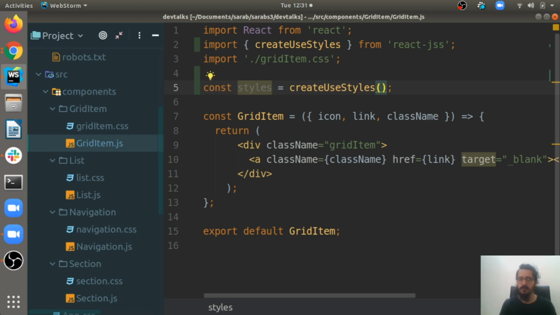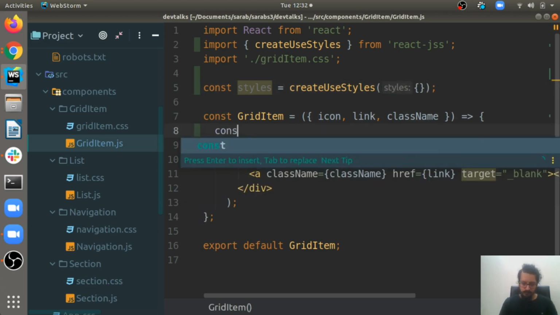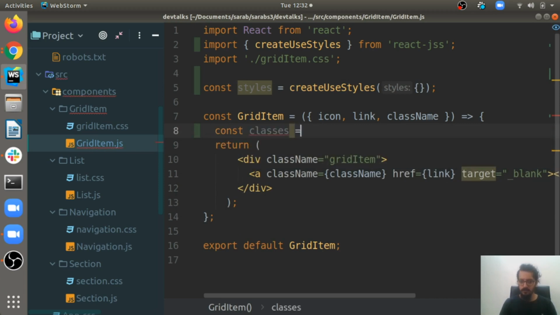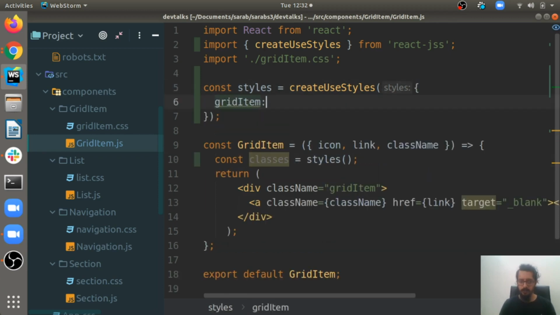This is a function, and inside it will return an object of the CSS. Then I need to call this function useStyles, and this will provide us all of the styles in this const. For example, I need to create this gridItem, so inside this object I will create another key with that name, and inside that it will have all of the styles. And this class name here I need to replace with the key of this class, for us it's gridItem.